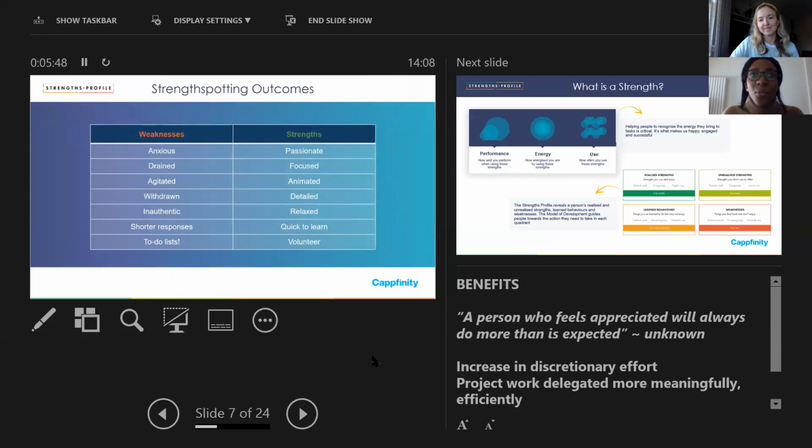So when you notice strengths, what would a strength look like? You'd be more passionate, focused, animated. For those of us who might be slightly quieter in our nature, let's not think that we have to be jazz hands and bells and whistles. What we mean by animated is, you might be slightly smiling more or sitting up in your chair. So when you are going for those assessment centres or strengths-based interviews or even telephone interviews, do be mindful that it's not just what you say, but how you say it. Do your eyes light up? Do you sit up slightly more in your chair? Because these are the kinds of things that are being assessed with strengths assessment.